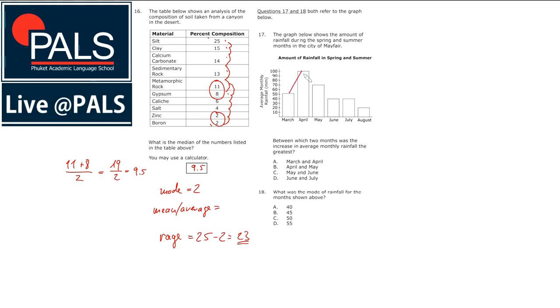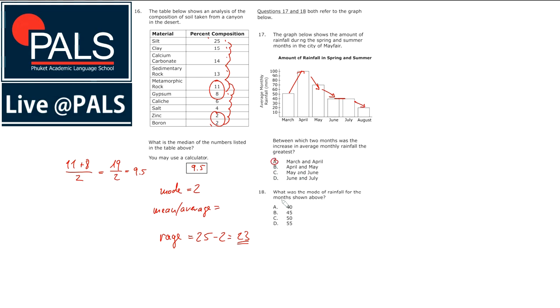So we can see March to April it was greatest, and this is actually the only 2 months where we have an increase in rainfall as well. The other months are more or less stable, but then the other months are all a decrease in rainfall, no increase. So the only answer that makes sense is A,